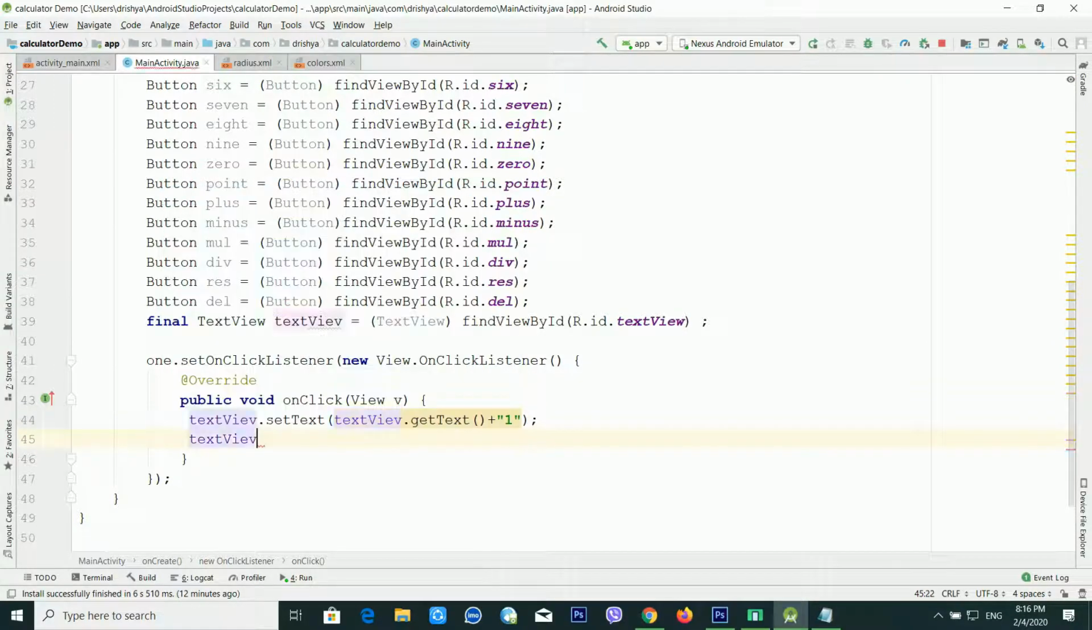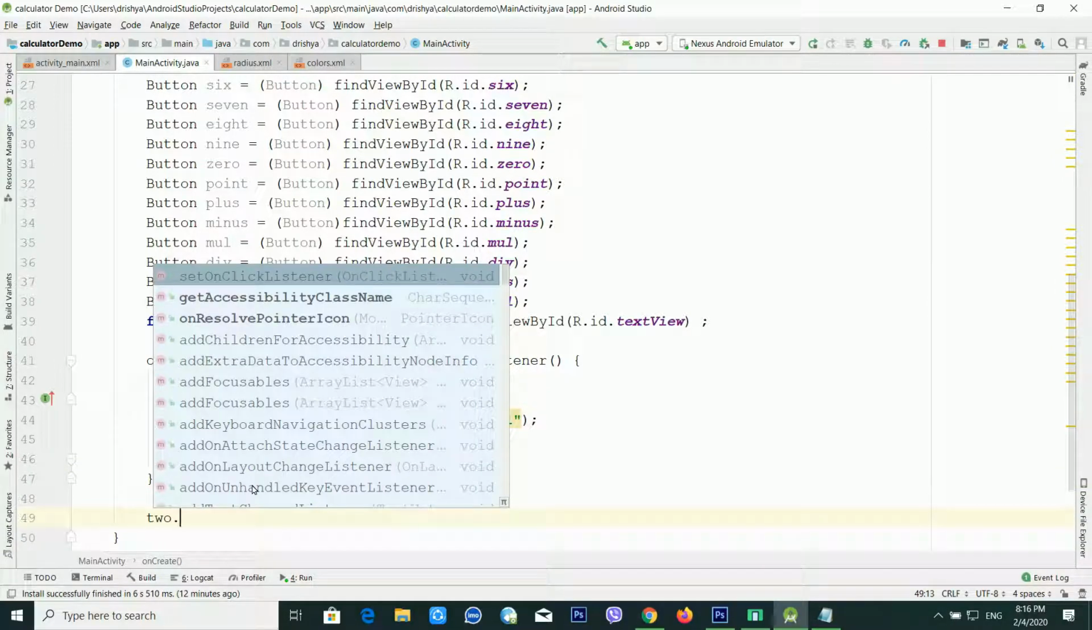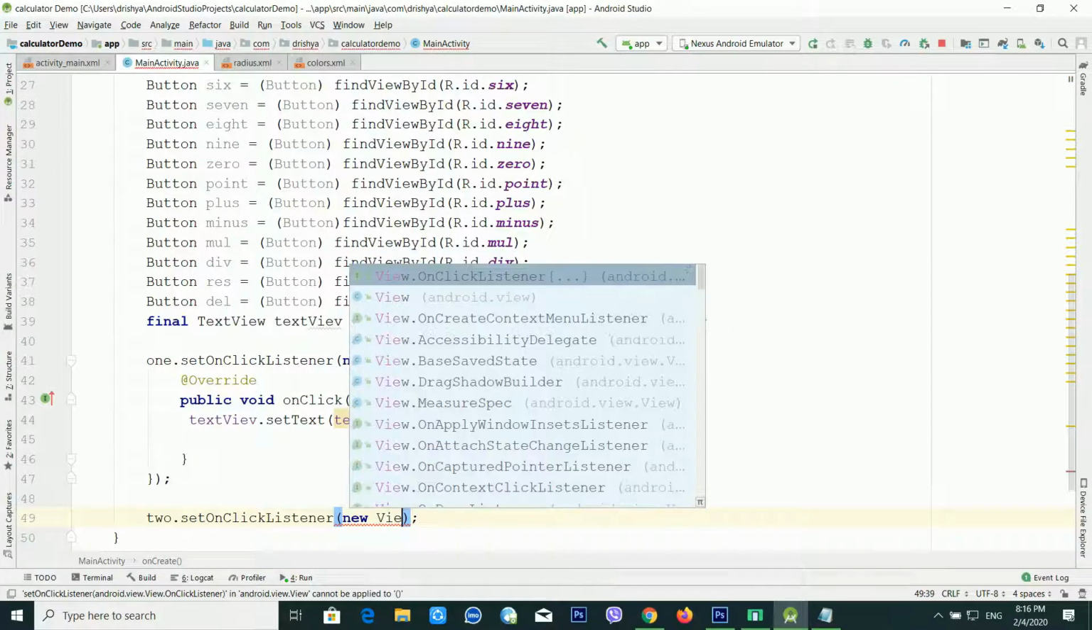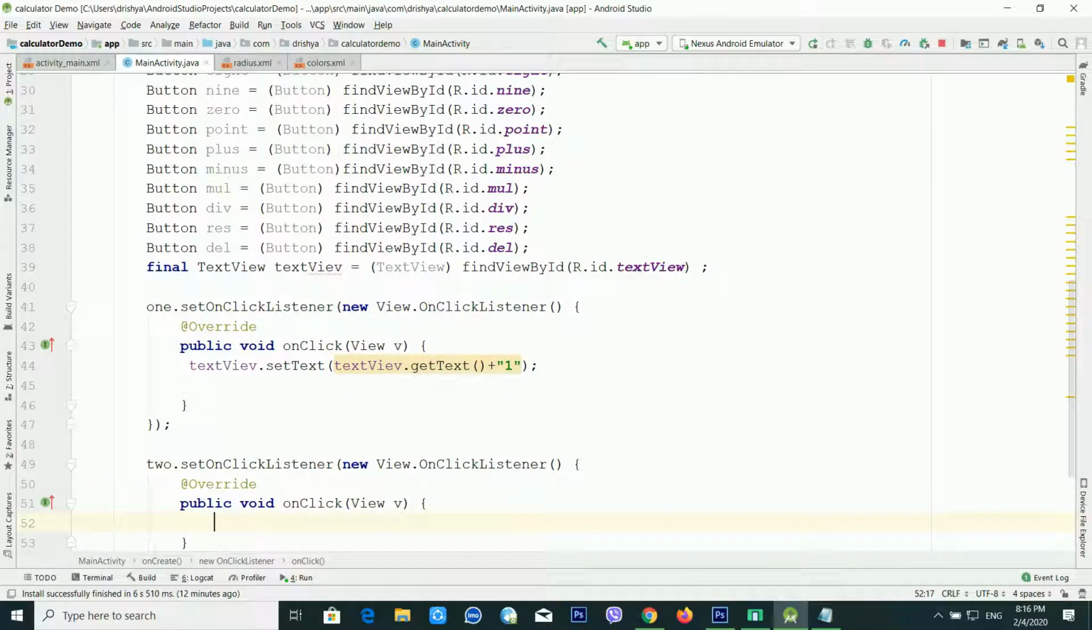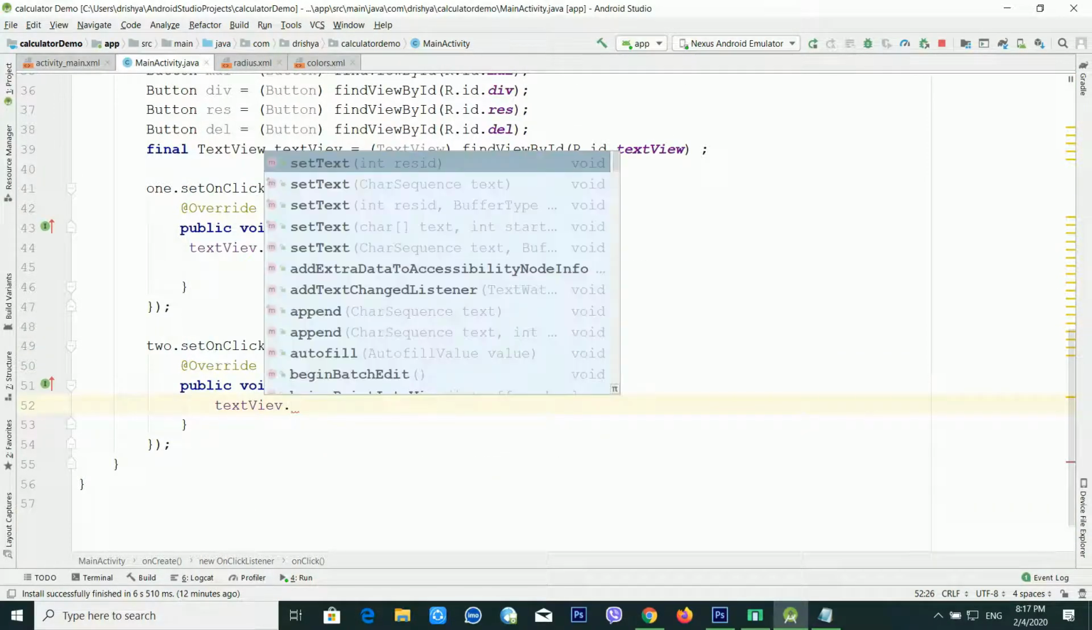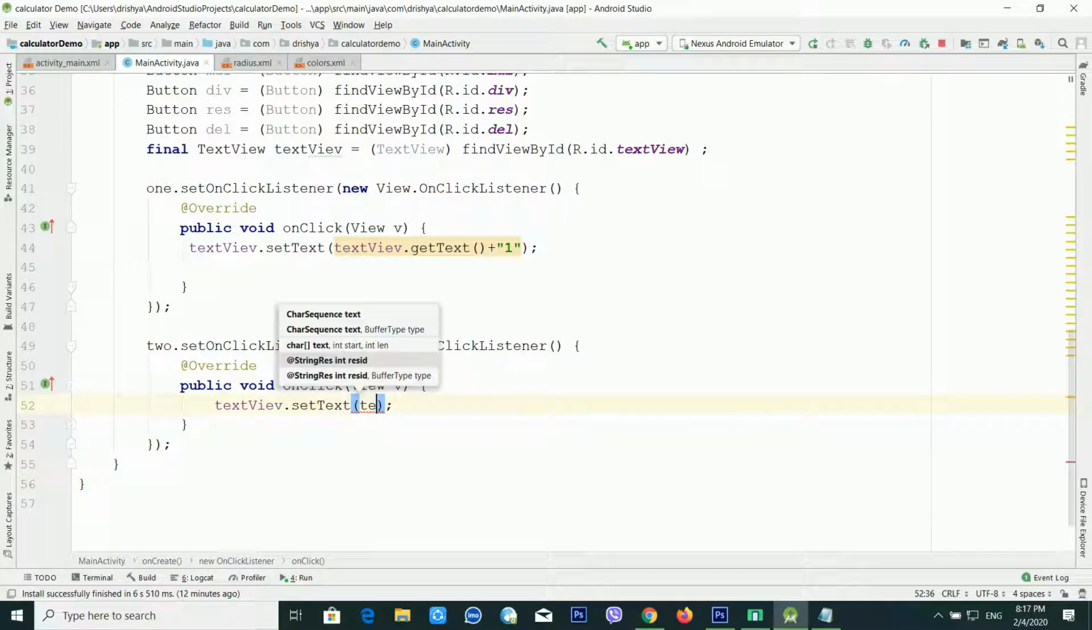Text view, okay, it's okay for me. And after this, again I should go here and use the same code: get set on click listener and new view on click listener, and just type text view dot set text, text view dot get text